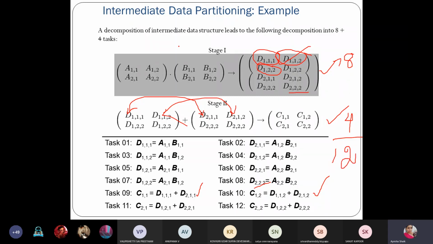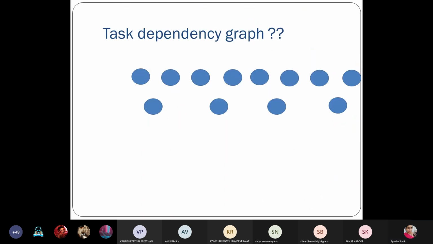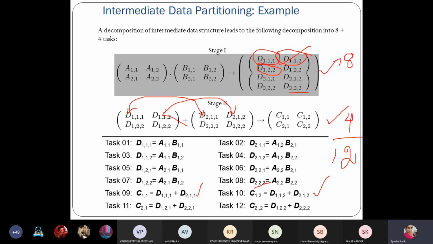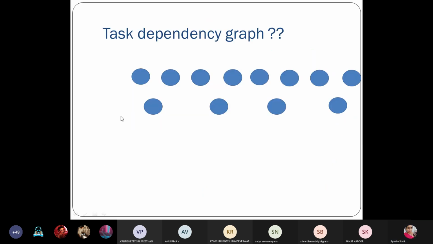Now, can anyone tell me how the task dependency graph will be if I'm drawing it here? Only for stage 2.